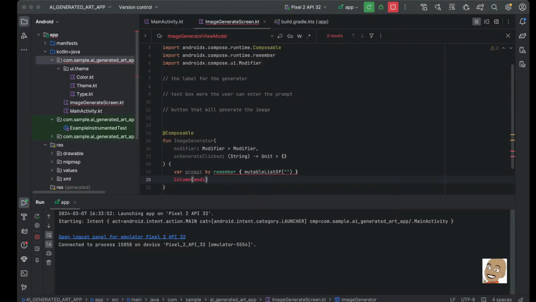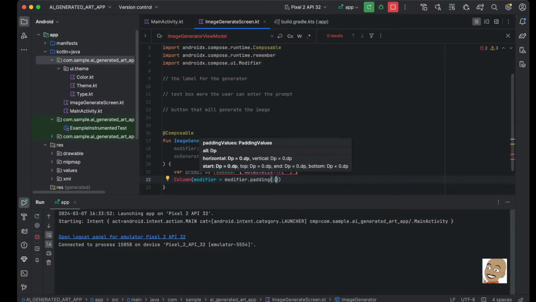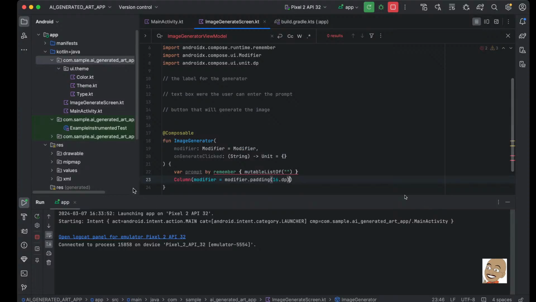containing the text label of the application. So I'm gonna go ahead and have that. So this is gonna take in a modifier, and I'm gonna have a padding of 16 dp,